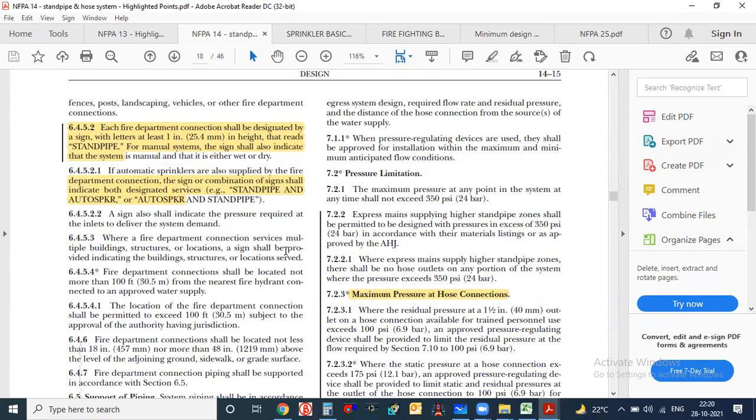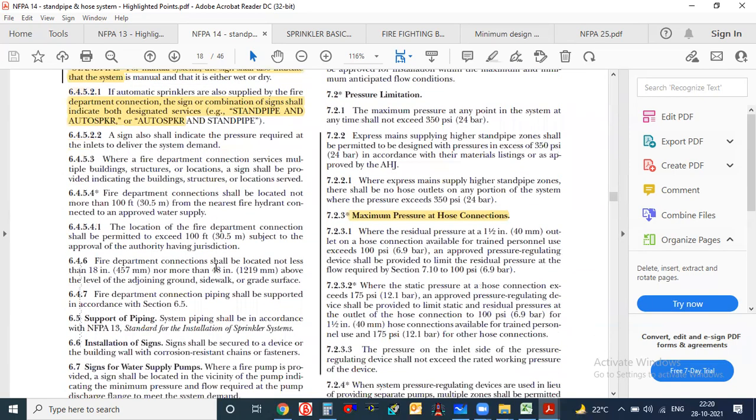Where a fire department serves multiple buildings, a sign shall be provided indicating the building or structure. Okay, some points are given which I think you will understand. The fire department connection shall not be less than 18 inches and not more than 48 inches above the level of the adjoining ground. They have given the height of the fire department connection from 18 inches up to 48 inches, because